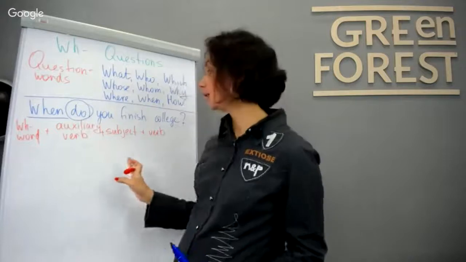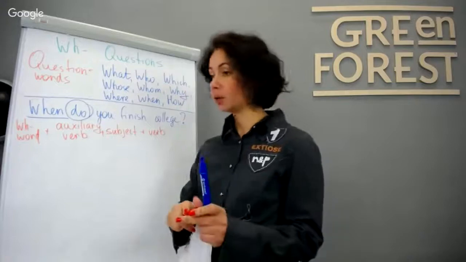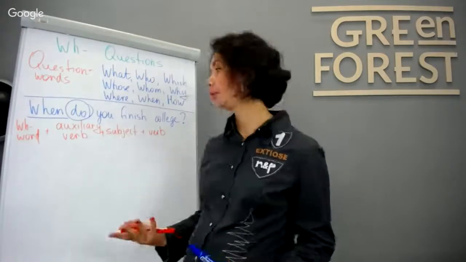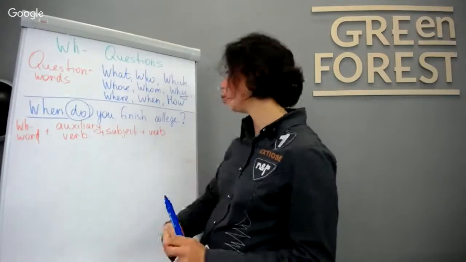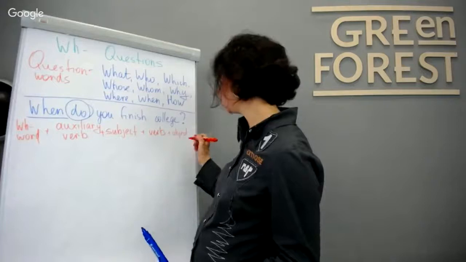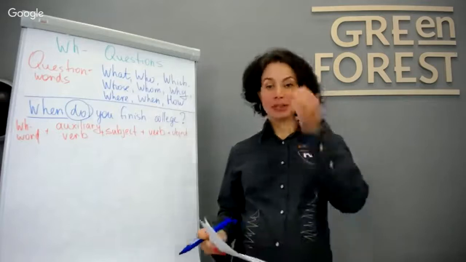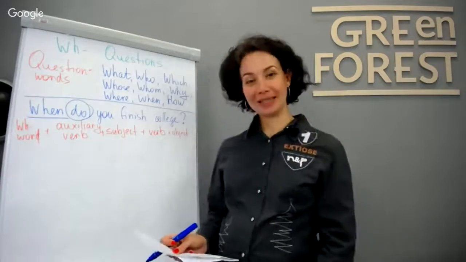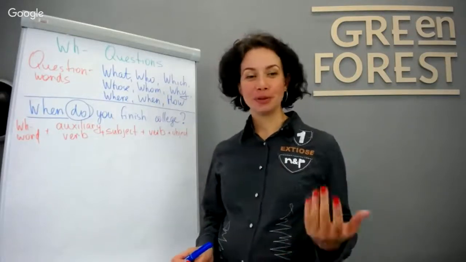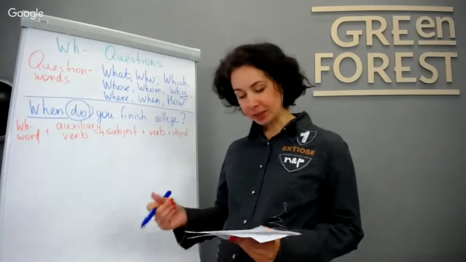I want you also to say that in some books it's not written auxiliary verb, it's written helping verb. So you can find that auxiliary verb means helping verb, the verb that helps you to create a question. And then you can use some objects if you need. Like over here we have college, and this is how we create the question. The easiest way to create a question is to have a statement, and from the statement to create the question. Of course, we don't do this, but I just want to help you to understand how we do that. Okay, for example, we have here